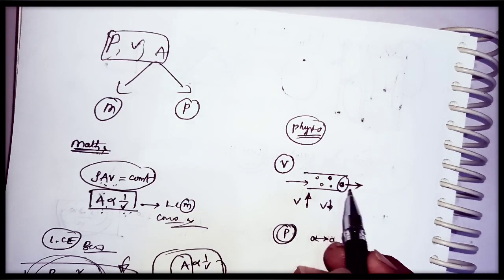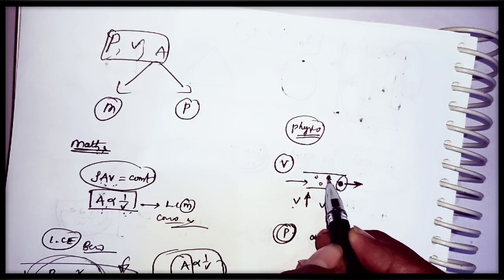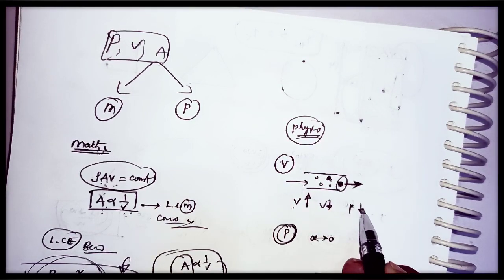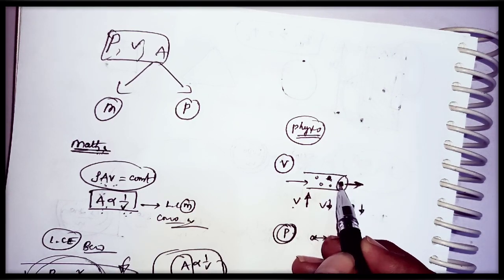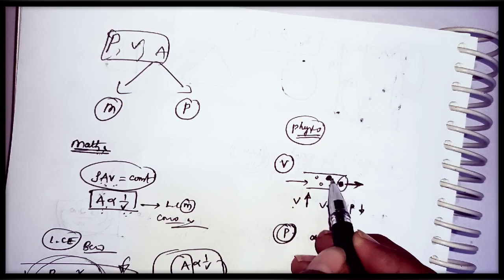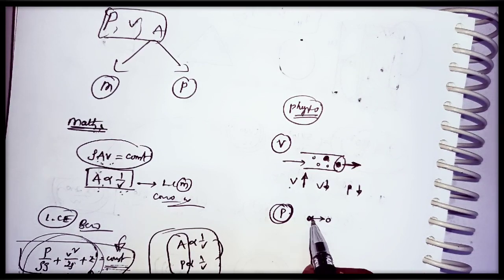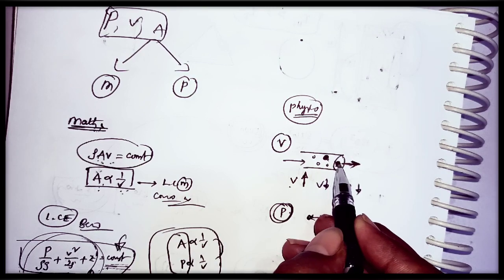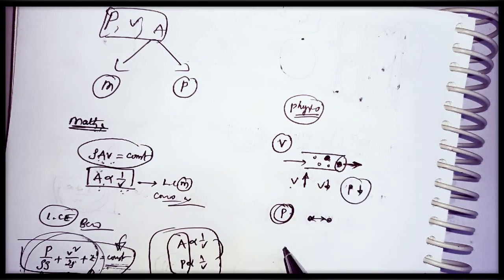Here, if any fluid particle is having high velocity, it means the fluid particle is escaping with very high speed. That means it is not able to contact the other fluid. Then what is the relation? Whenever there is no contact between these two fluids, it is having very low pressure. Yes or no? It is escaping with very high velocity, so it does not have much time to contact the other fluid which surrounds it. But pressure tells how closely the fluid particles are contacting each other. If it is escaping with very high velocity, it is not able to touch the other fluid particles. That means it is having very low pressure.